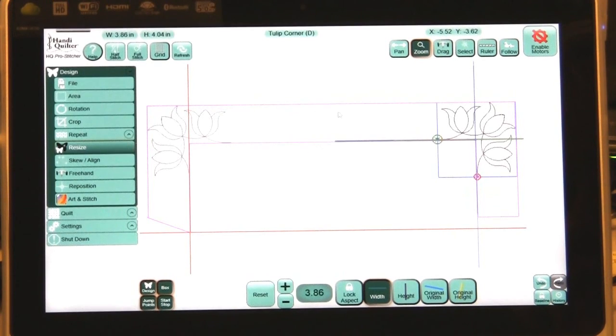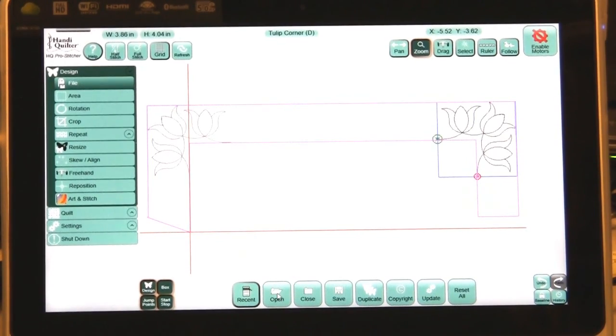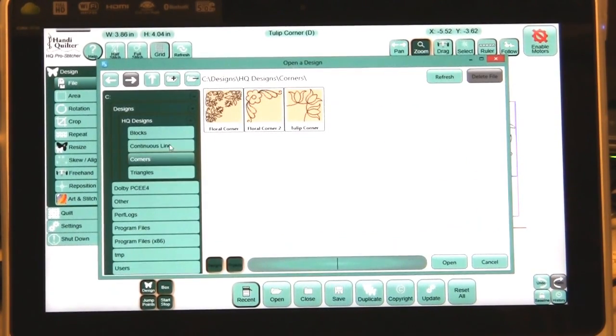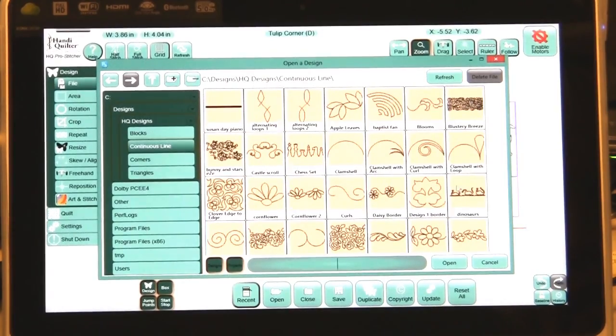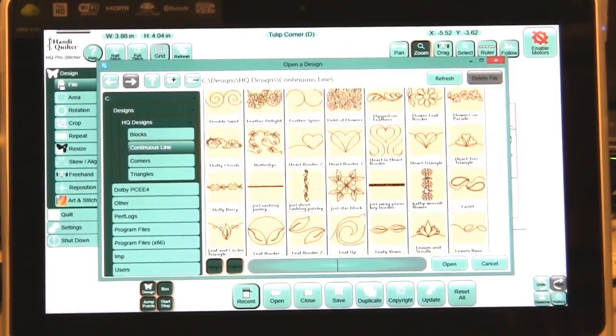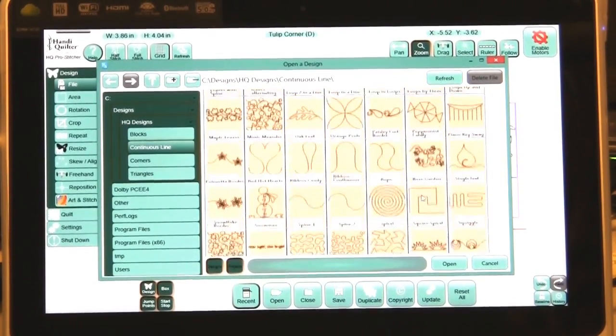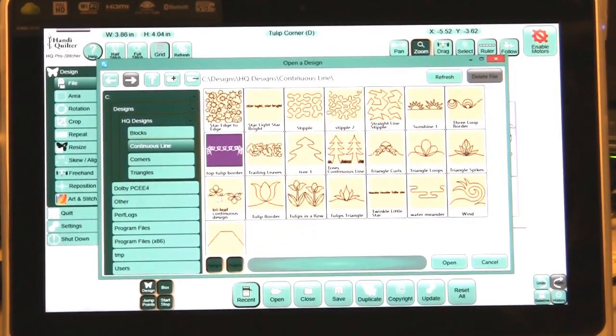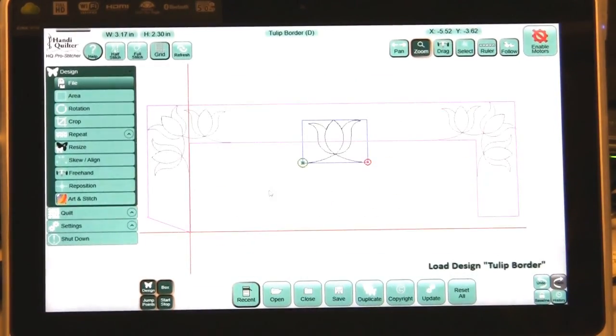Now I have this area to put my border. So I'm going to File, and I'm going to open the file and go to Continuous Line and find the tulip border that goes with this. And there's my tulip border, and